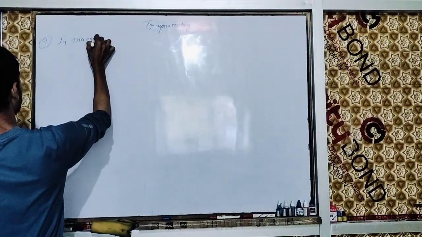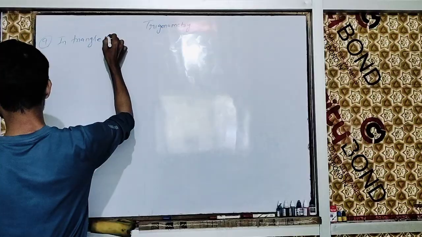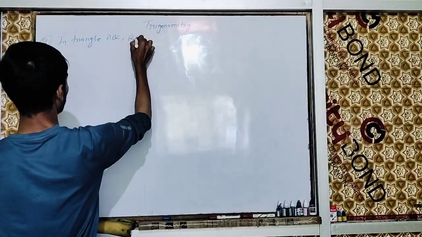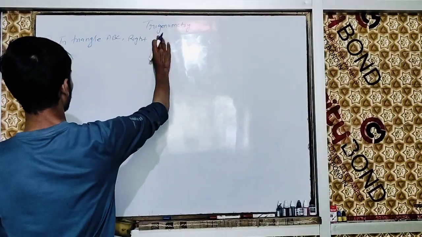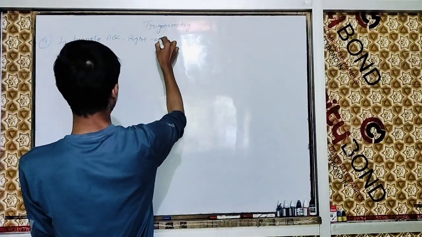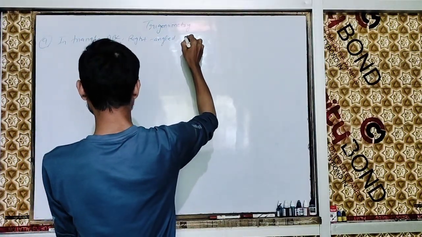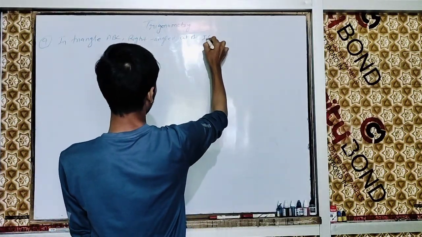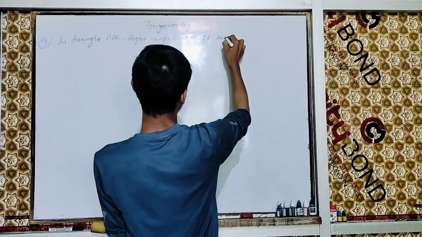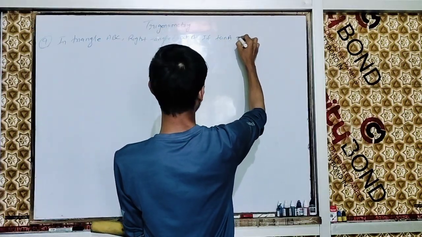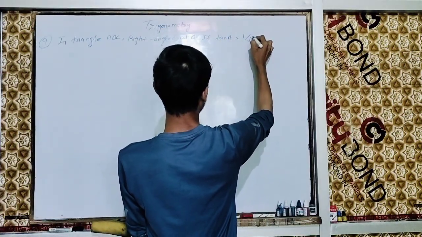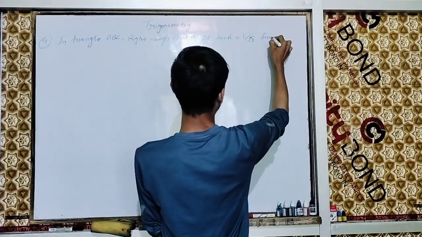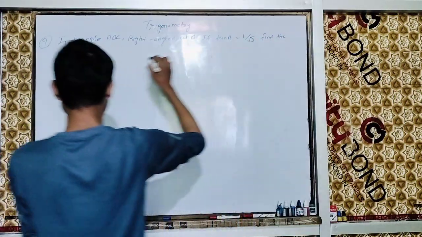In triangle ABC, right angle at B, if tan A is equal to 1 upon root 3, find the value of